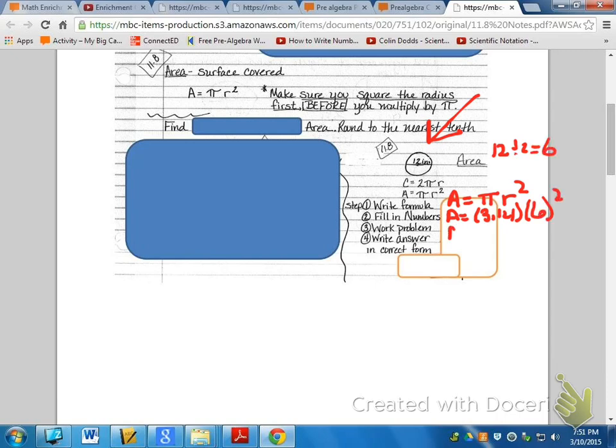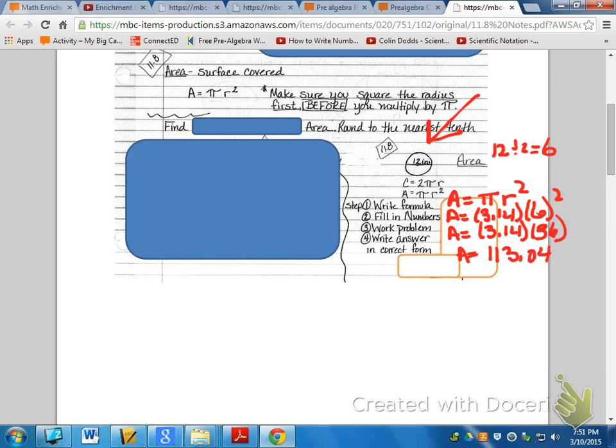So again, following PEMDAS, I'm going to leave the 3.14 alone, but I've got to take 6 squared. So 6 times 6 is 36. And now I'm going to take 3.14 times 36. And for the area, I get